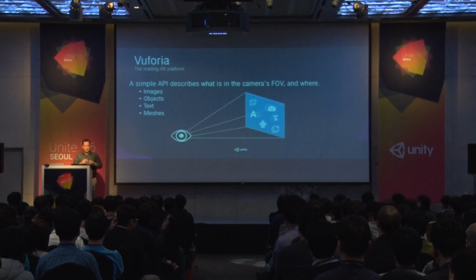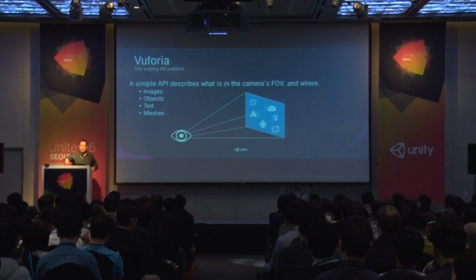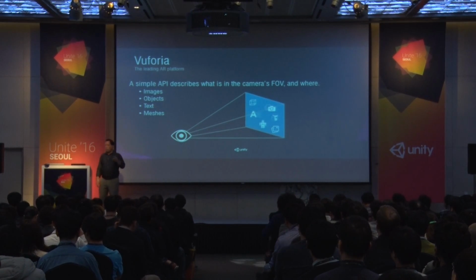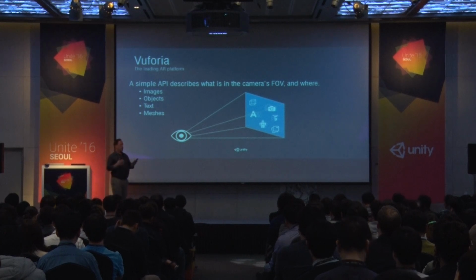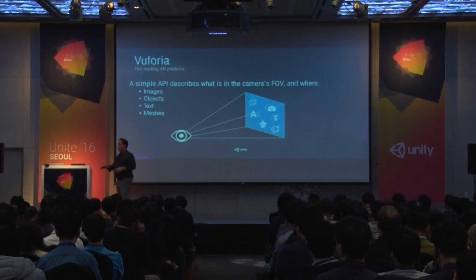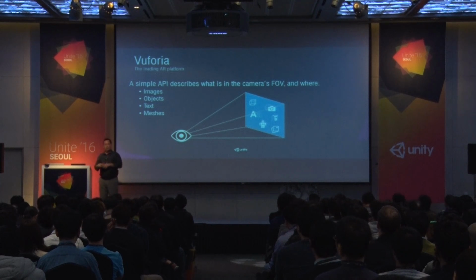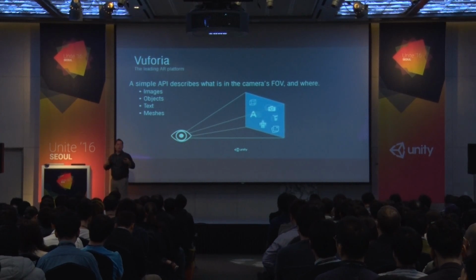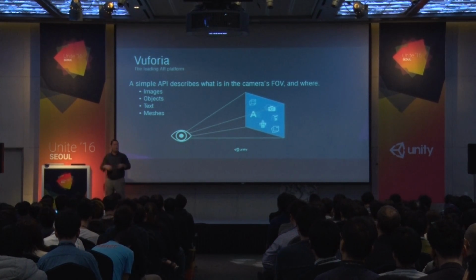So again, images and objects, we can recognize text, and we also have an ability through a feature called Smart Terrain that we can, using a device, actually reconstruct the surface geometry of, let's say, a tabletop or a floor setting. And what that does is it returns the basic geometry. It'll give you a plane, and it'll give you objects that sit on top of it as a bounding volume, and it returns that as a mesh. So the neat thing about that is that you can use it to create games that actually exist in the real world, or to visualize products, let's say in your living room. But it gives you an ability to actually reconstruct the physical environment as a 3D mesh.